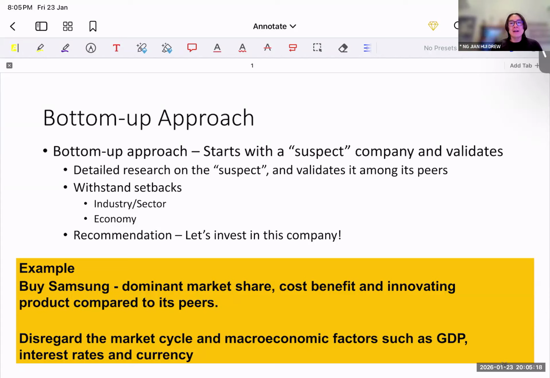Now, if the market research and the industry analysis prove us right, then we go deeper to do the analysis of the company, and then we make a recommendation, right? So we see that in this aspect, there's a bit of overlap between top down and bottom up. What I'm trying to explain to you here is that it's never one or the other. Normally, it's always a combination.